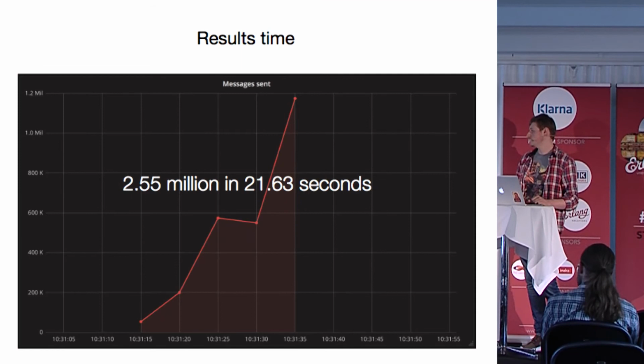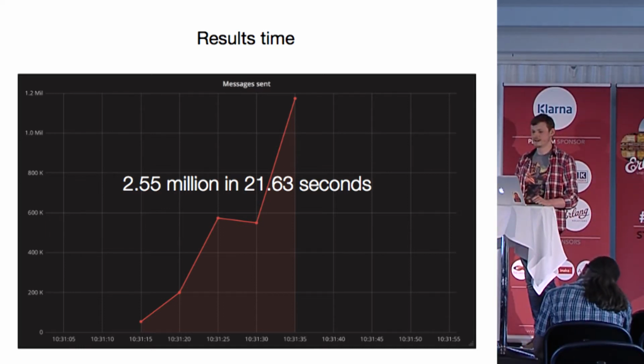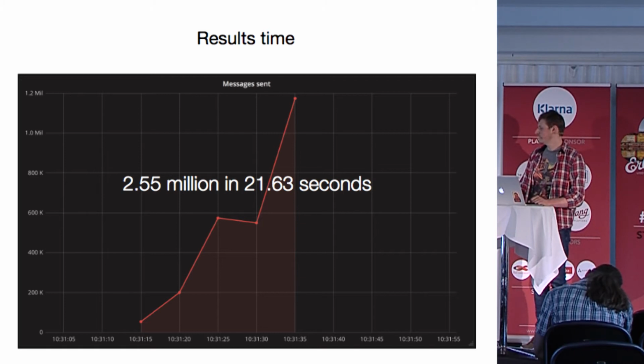This is what we see recently, like you have 2.5 million in 22 seconds, and yes, this is how it works right now. But we don't think that this is still good enough, because we target 2 million in 10 seconds or 1 million in 5 seconds. It's still doable, I believe, because I know some places where we do on purpose a blocking